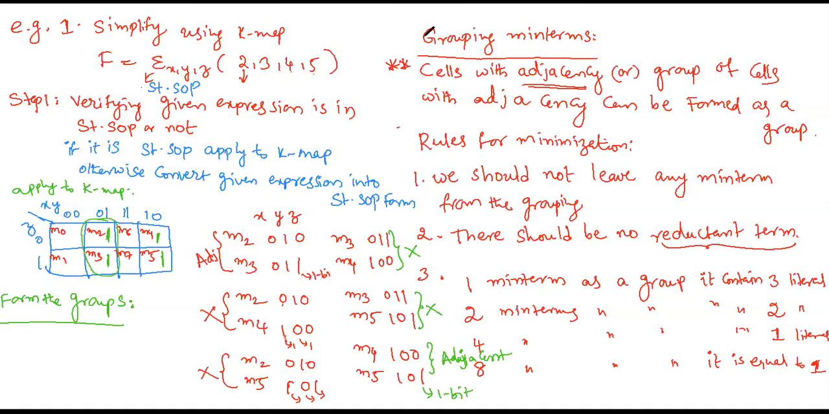M2, M3. Next, M4, M5 adjacent. We formed the group. I am giving the number G1 for this group, G2 for this group. Our final expression is